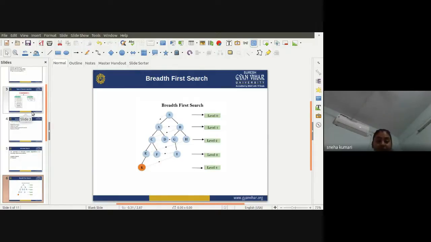From S to A is the first path, A to B is the second path, B to C is the third path, C to D is the fourth path, D to G is the fifth path,